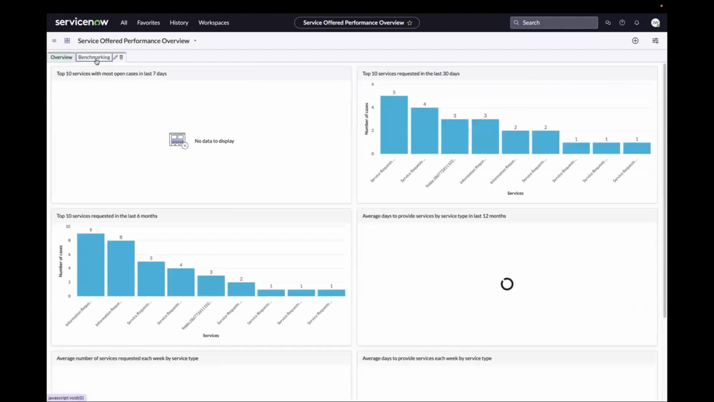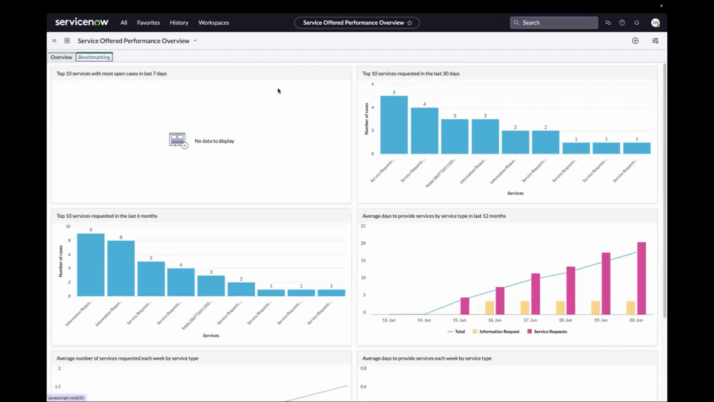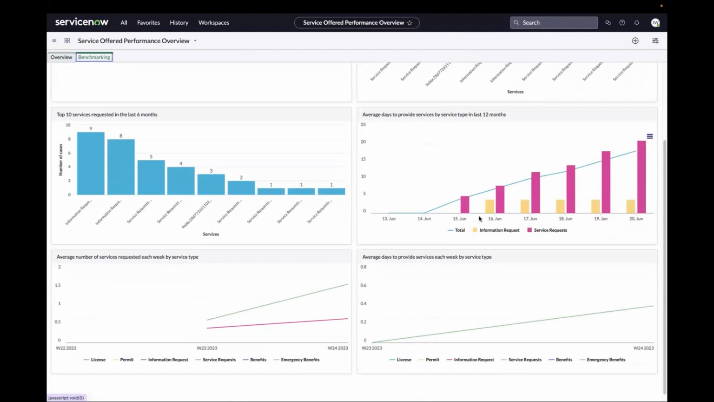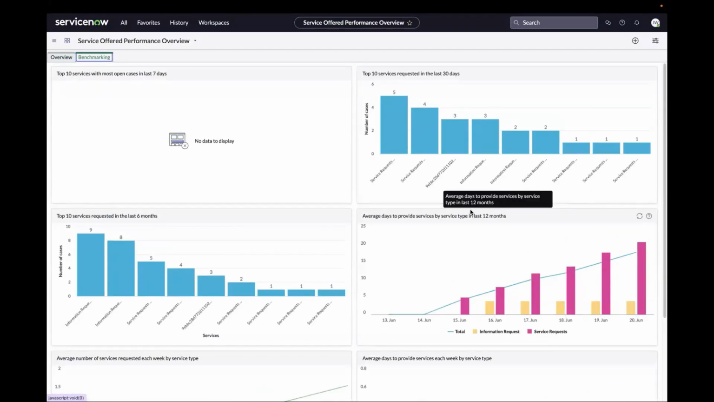And then just wanted to show you the benchmarking part of this dashboard. A lot of these tiles have to do with the top services and showing different time horizons. So you can see the top 10 services in the last 30 days, in the last 6 months, in the last 12 months. And it just really helps a manager piece together how services are being requested over time and start to put together trends that might be emerging. So this concludes the performance analytics